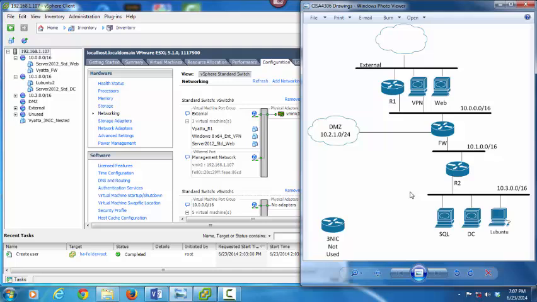It's a pretty basic network. We've got the cloud up here. The very first switch is the external switch. There are 3 hosts connected to it: router 1, VPN, and the web server. Then router 1 and the VPN are connected to the next layer down, which is network 10.0.0.0. Connected to that will also be a firewall, and the firewall has 2 additional interfaces. One will be connected to the DMZ, and the next will be connected to a network